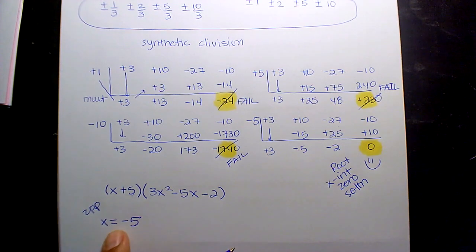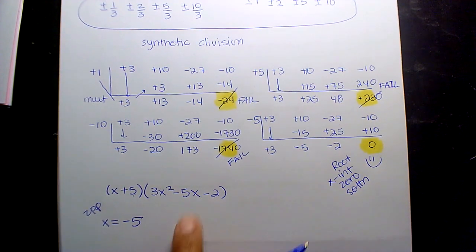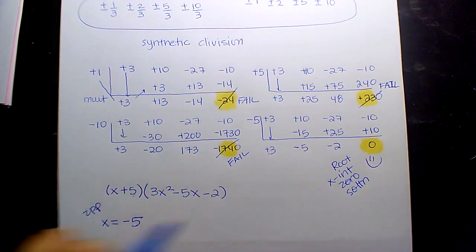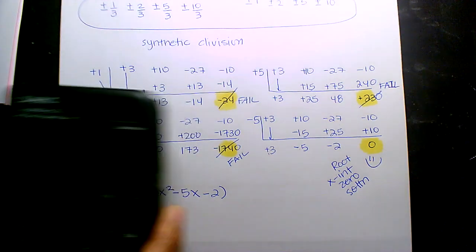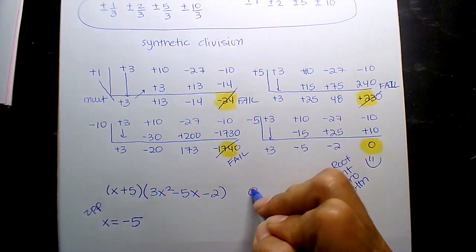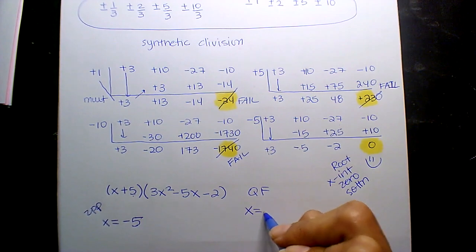I only have one root. I need my other 2 roots. So how do you find it? If it's a quadratic, most students, most of the time, use the quadratic formula because you guys are good with it. It's purely calculator and you can find it really fast. Or you guys can complete the square, but that's a lot more work. Then the calculator could do it very quickly. So if you guys remember the quadratic formula,